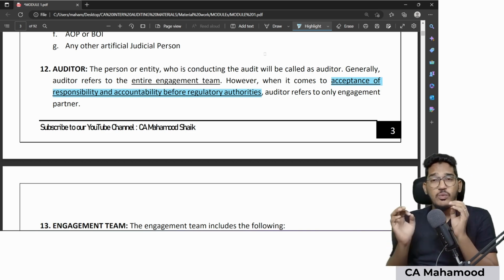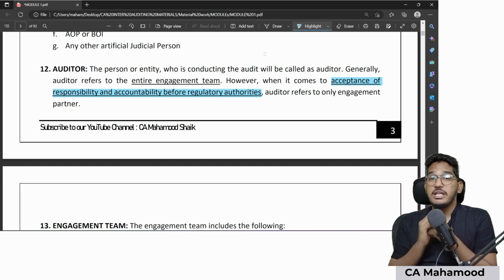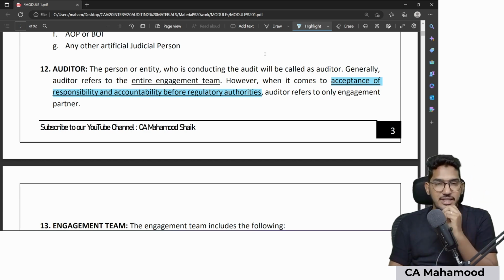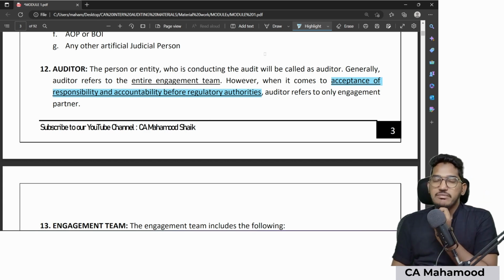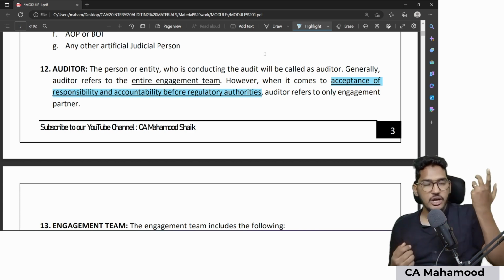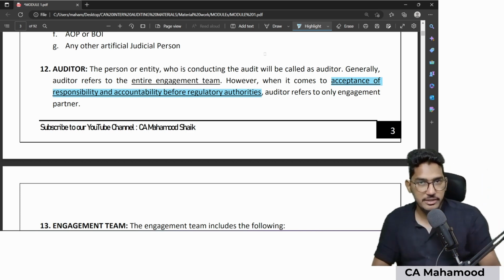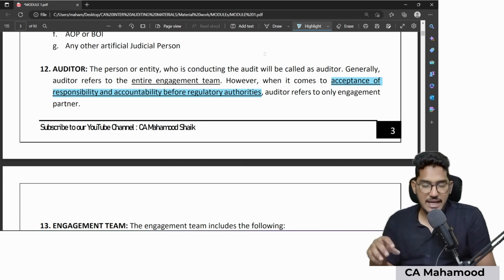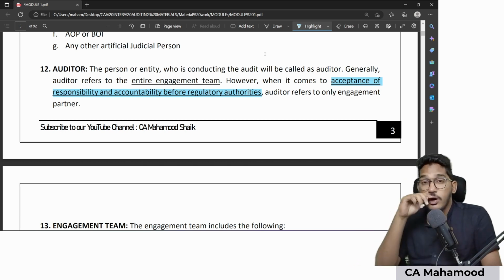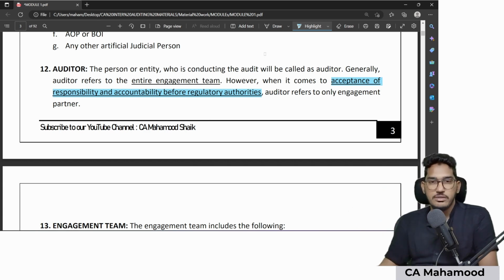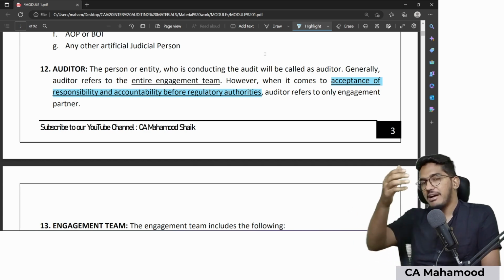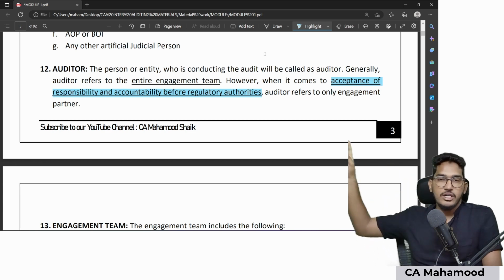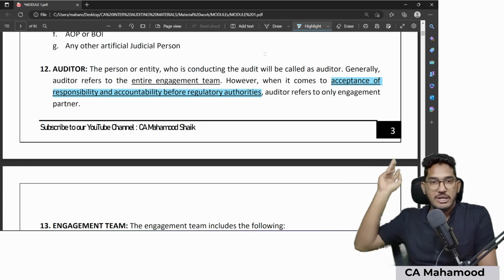And number two, when it comes to acceptance of responsibility before regulatory authorities, when you have to be accountable before regulatory authorities, like for example, if somewhere it was mentioned, auditor will be liable for imprisonment. Accountability, you are responsible. If somewhere it was mentioned that if the auditor does something wrong, the auditor has to face imprisonment of 2 years. Now, if police has come for arresting the auditor, a case was proven, judgment was passed,